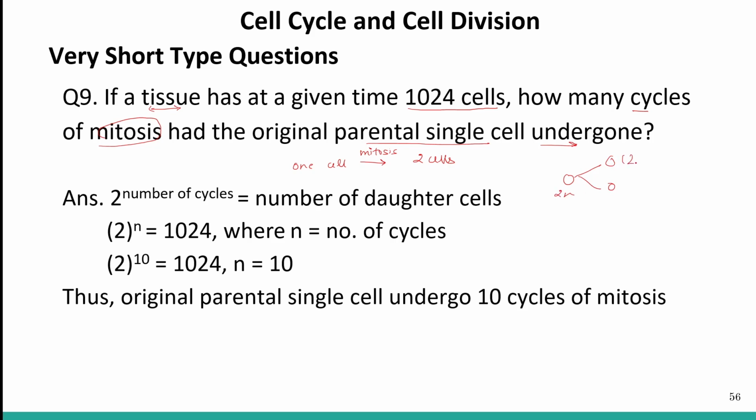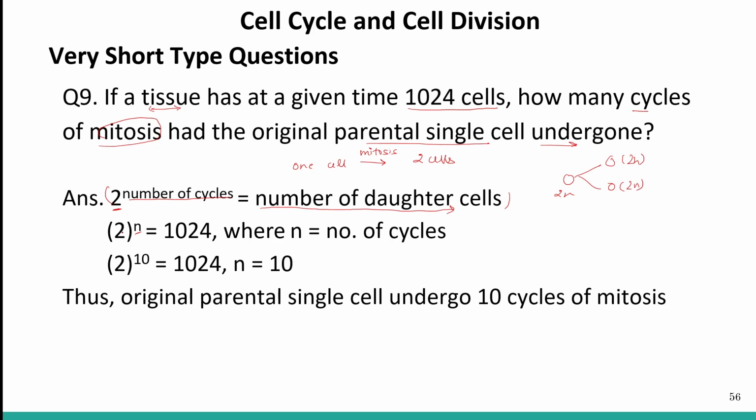2n, this is also 2n because it is mitosis. Alright, so here we are going to use this formula. Why are we writing 2 here? Because one cell gives rise to two cells. Here n is the number of cycles that the cell is undergoing, and this will give us the number of daughter cells which are produced after the given number of